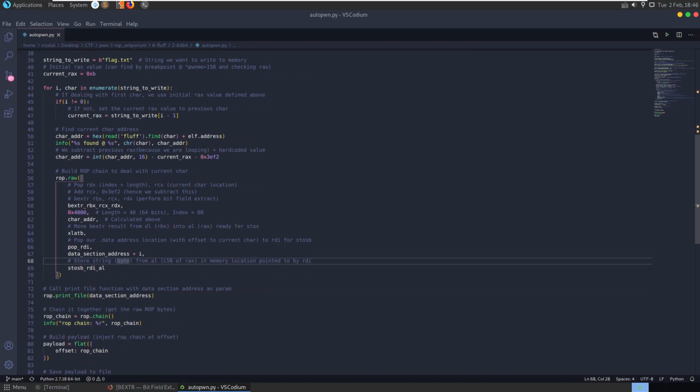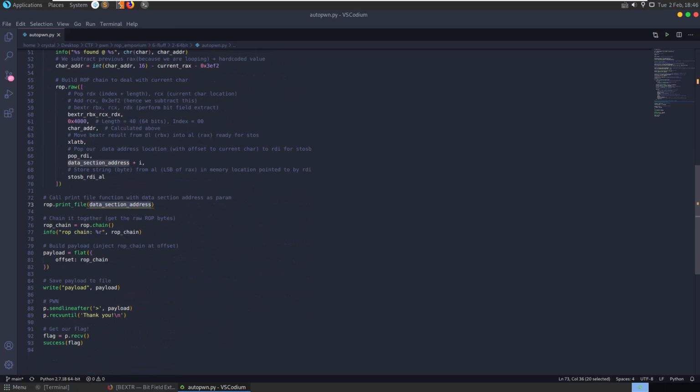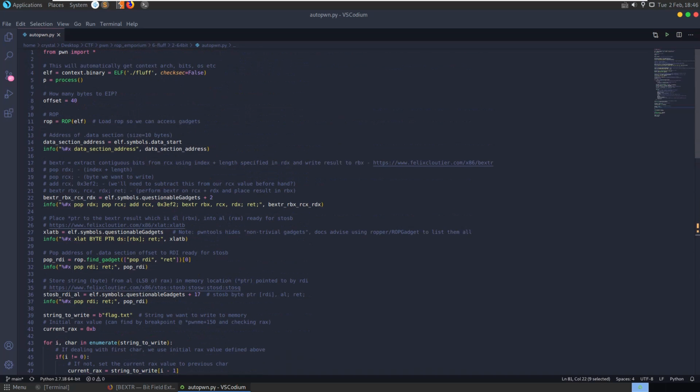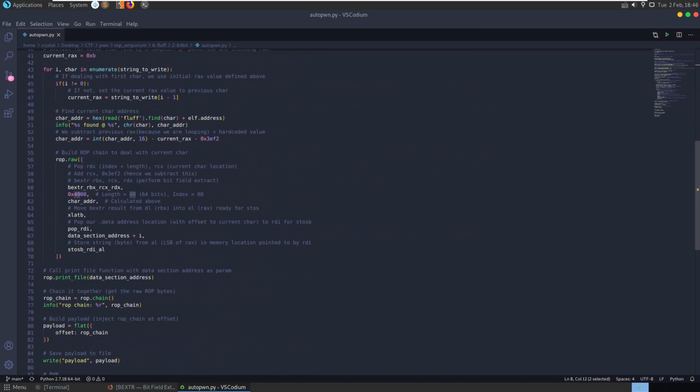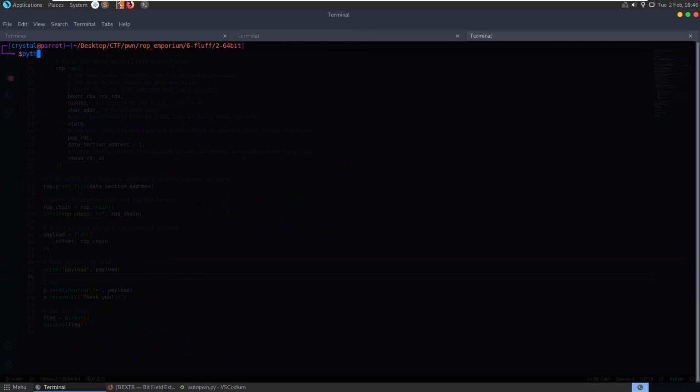So that's going to happen for each character, and then finally, once we've built up this nice ROP chain, we're going to call ROP.print_file. So we don't need to find the function address. We can just call print_file. We don't need to use a pop RDI because we can pass this as a parameter, and then we generate this into our chain. Create a payload where we insert the chain at the offset that we set up here at 40, and then finally write the payload to file and send it off and see if we get our flag. So let's try and run that,